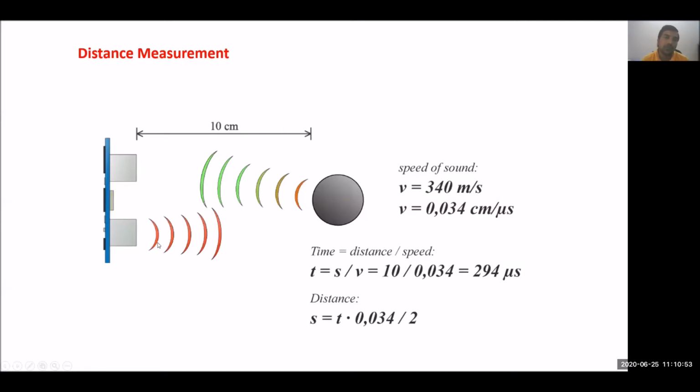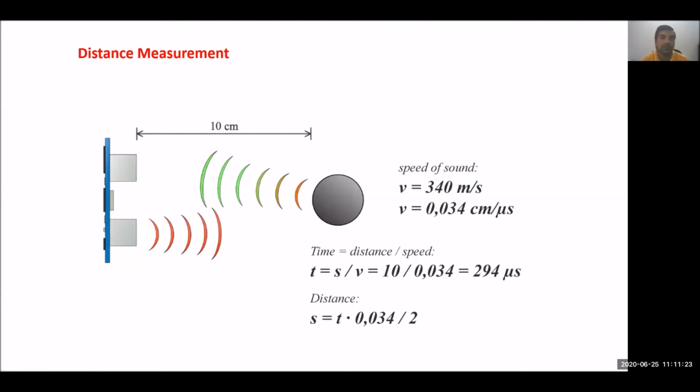So we have the dual time, the going time and the coming time, for the wave. For both times, we will calculate. How does it calculate? When the transmitter transmits the sound wave, a timer starts. When it comes back, it automatically senses the signal and alerts the microcontroller that the transmitted signal has been received, so the timer stops.